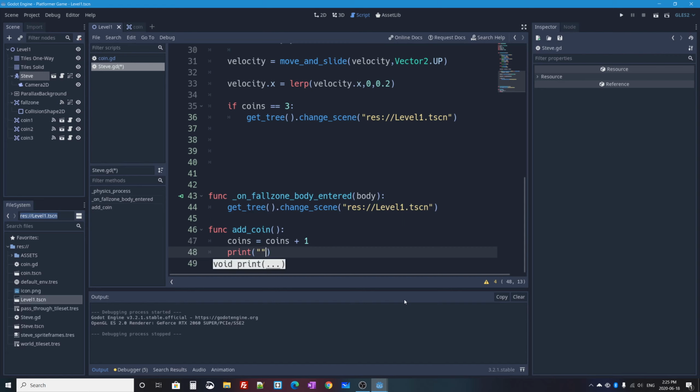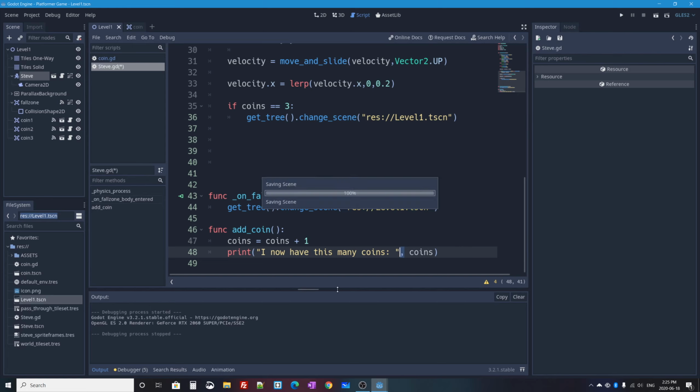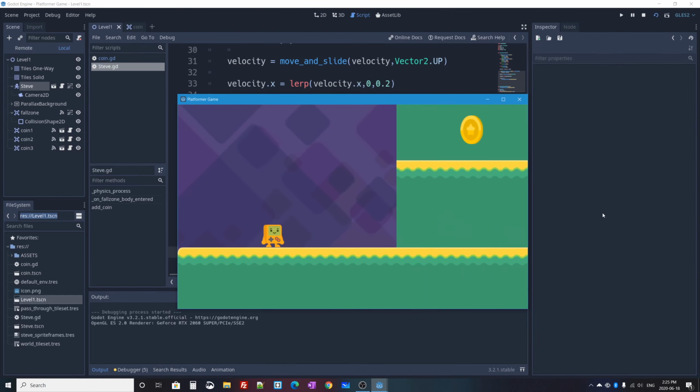And so if I say, in quotes, I now have this many coins. And then I'm going to concatenate. That means attach a variable here, coins, and you concatenate in the print function or method in Godot with a comma. So it'll say now, I have this many coins. Whenever it collects its first coin, it'll say 1, and you get what's happening here. So if I save this and I go back to level 1 and I press play scene, and now if I collect a coin,